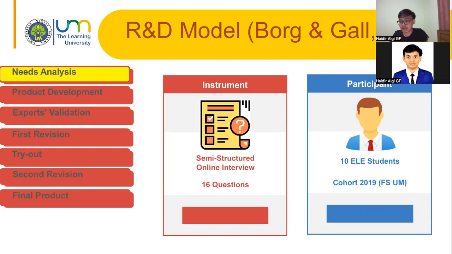And then I asked for another instrument validator for an expert validation sheet, which has 3 indicators: content assessment, program operation assessment, and design and layout assessment. That had also been validated by the instrument validator.